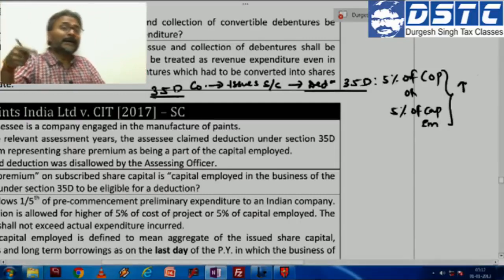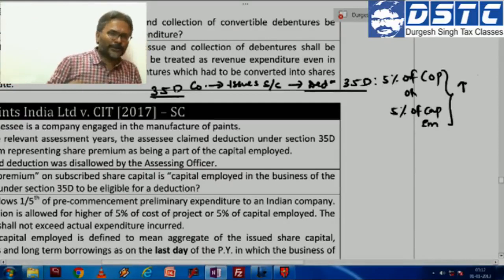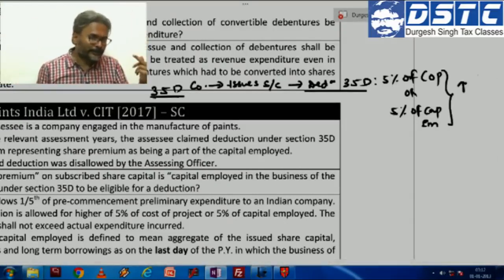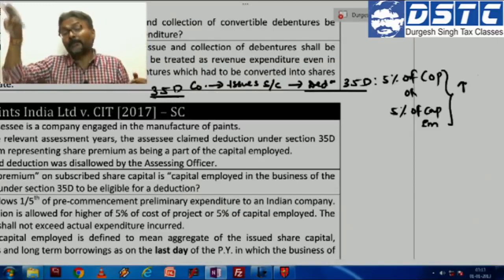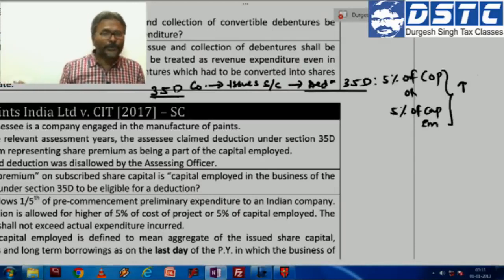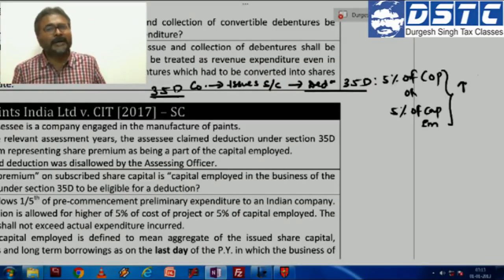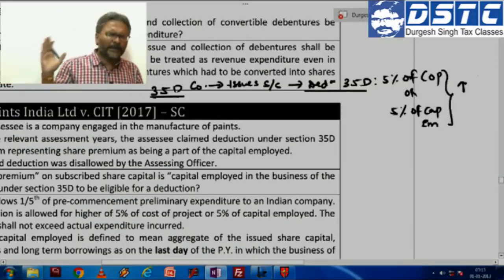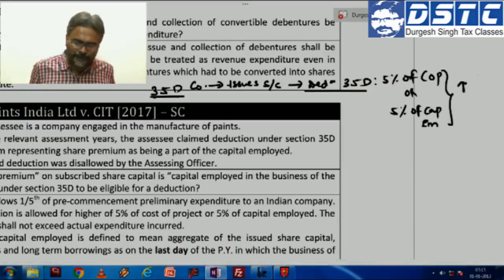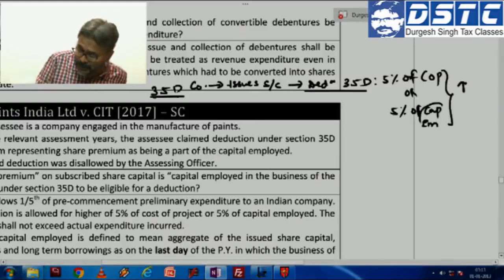be compared with the eligible preliminary expenditure, and of that, the lower of the two will finally become the qualifying amount, on which 1/5 of that final amount will be allowed to you as deduction under 35D. So here the question was about the